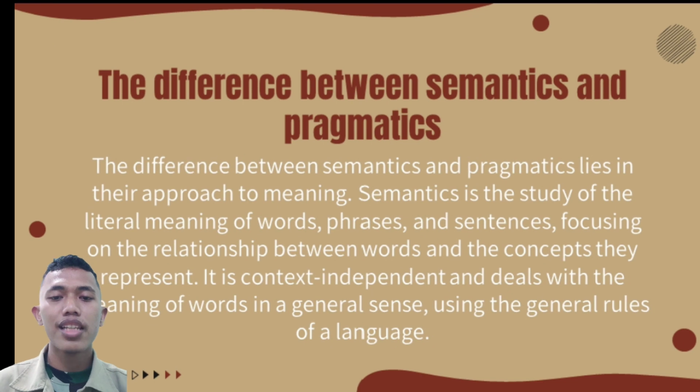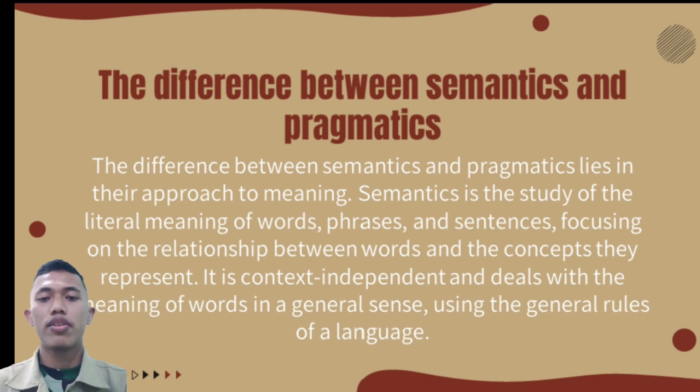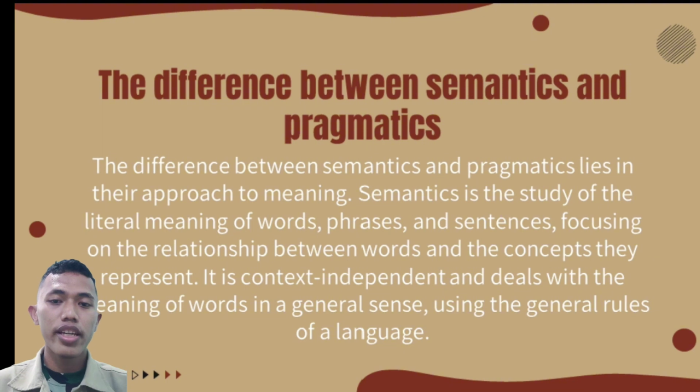Semantics is the study of the literal meaning in words, phrases, and sentences, focusing on the relationship between words and the concepts they represent. It is context independent and deals with the meaning of words in a general sense, using the general rules of